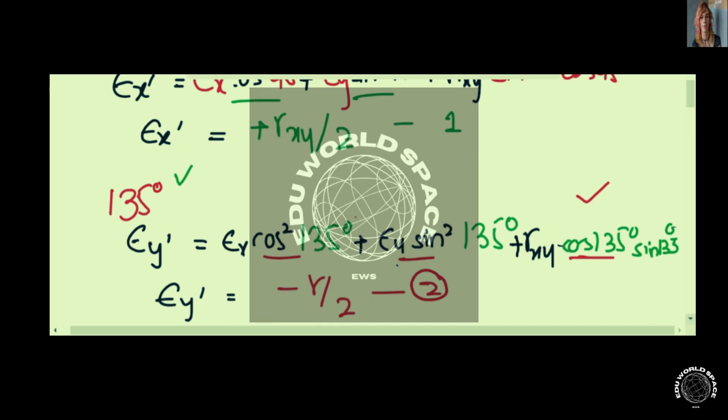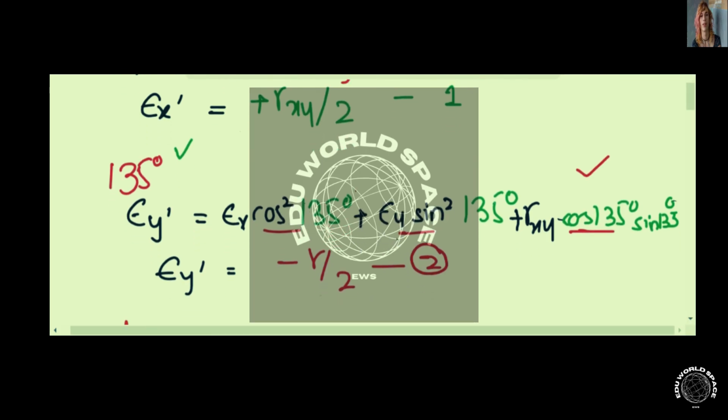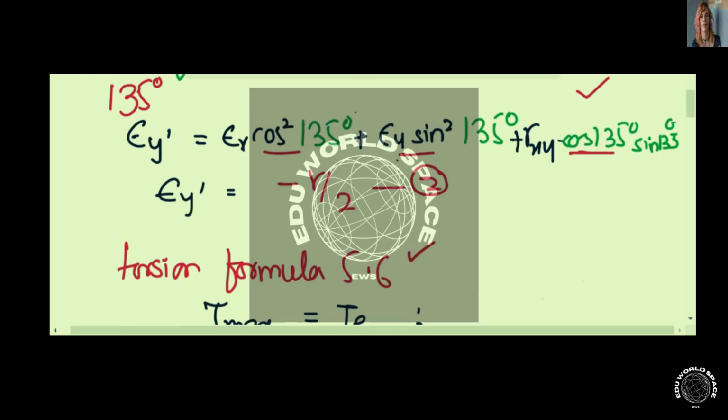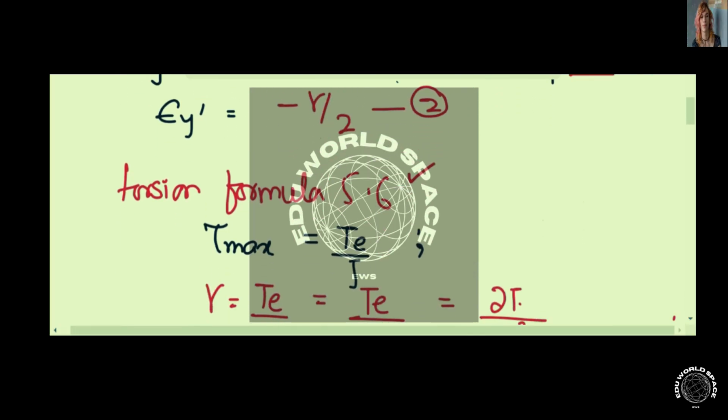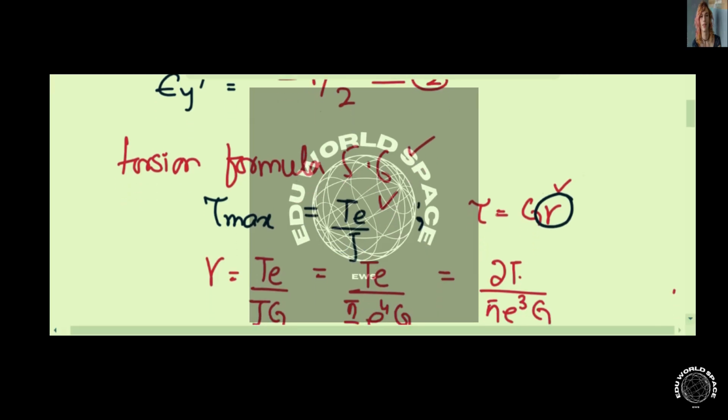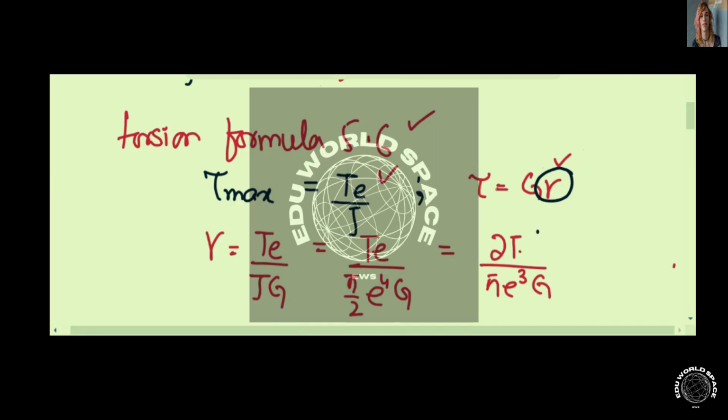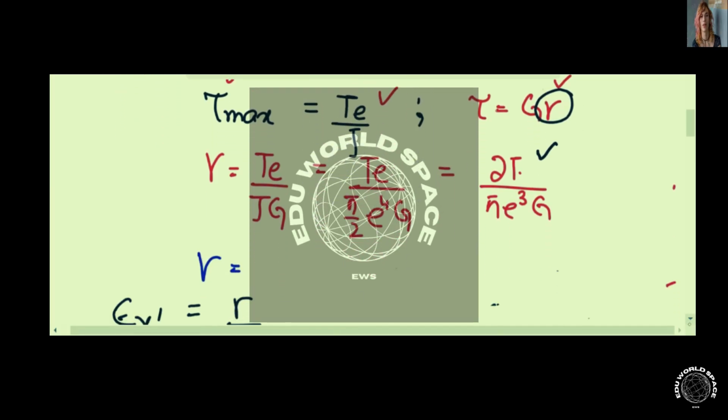Now what we need to do over here is that we are going to use the torsion formula 5.6, right, which is tau maximum is equal to T times c divided by J, right? And recall that shear stress is equal to G times gamma. Now we are going to compare these two equations and solve it for gamma, right? And when we solve it for gamma, we'll get this expression, right? So we're going to just plug in the values and we'll get that gamma is equal to